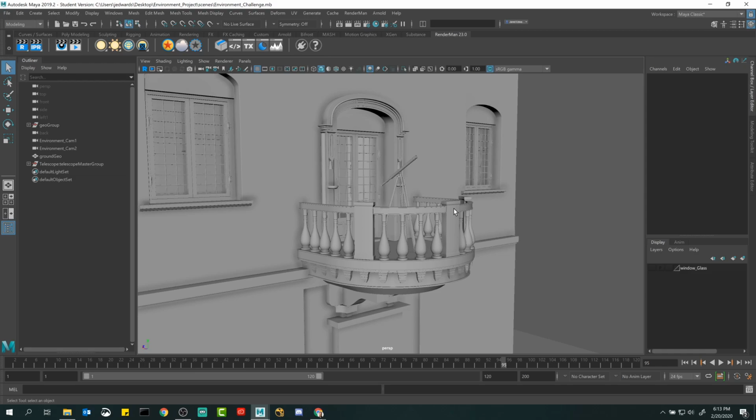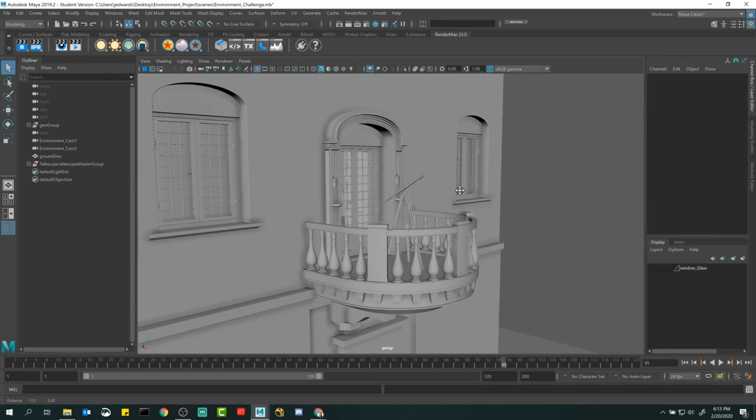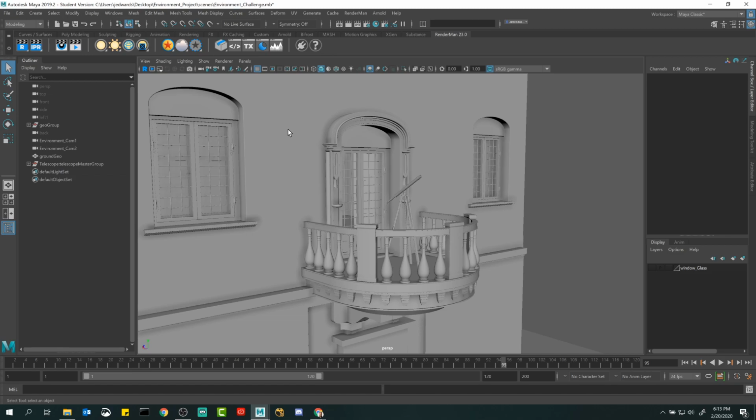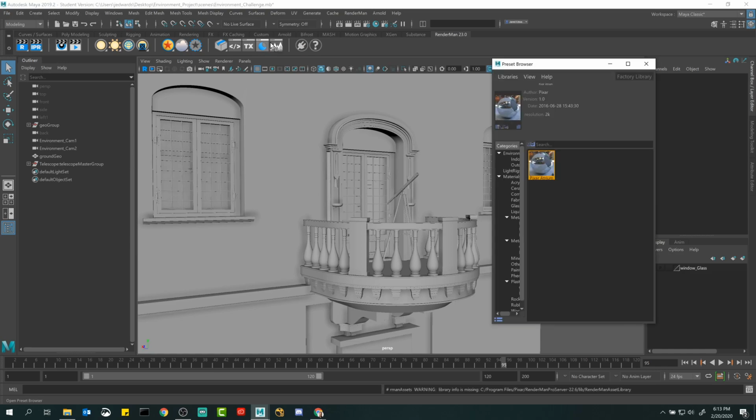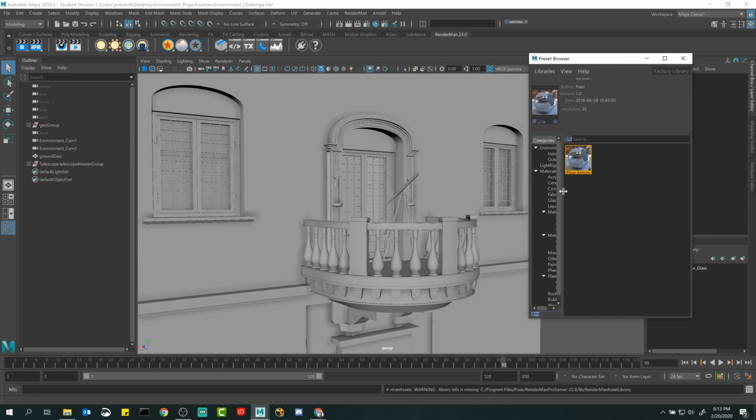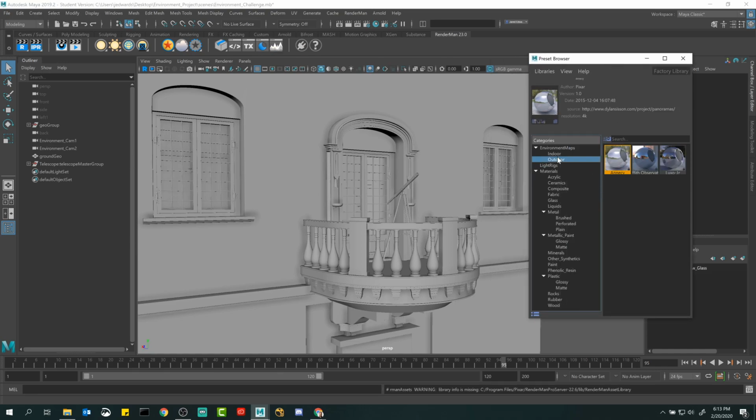Okay. So we're all set, and what I want to do is just run through a few different lighting scenarios here and show you kind of how this works. So I'm going to jump ahead a little bit into 3.3. Actually, let's go back to 3.1. So you know how you guys were in the preset browser, and then in that activity, you all had to bring in the Annecy light source. We're going to use a different one today just to change it up a little bit. Let's use the